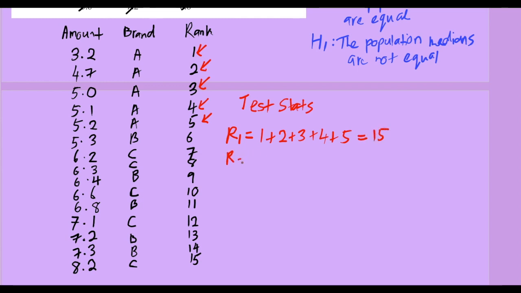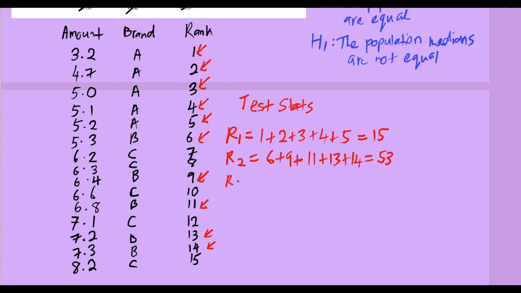R2 would be the sum of ranks for the second group or brand B. So this would be 6 plus 9 plus 11, 13 and 14. This is 53,